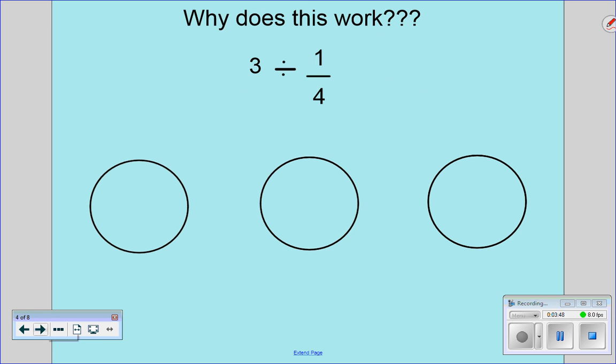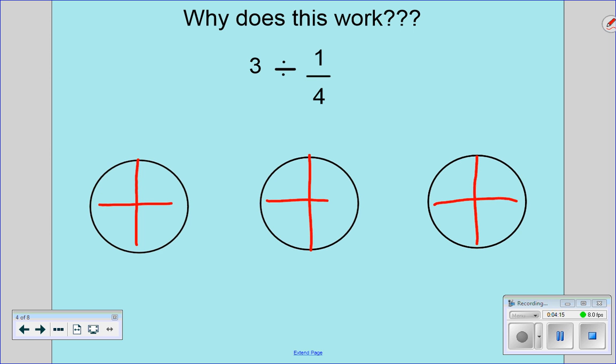Now, why does this work? Remember yesterday I showed you why this worked for multiplication. I'm going to show you why it works now. So let's say you're taking 3 and dividing it into 4. Think of oranges. Let's say you have so many people that want oranges, so you decide to divide all your oranges into 4 so everybody gets at least one little bit. So if I have 3 oranges and I'm dividing into 4s,